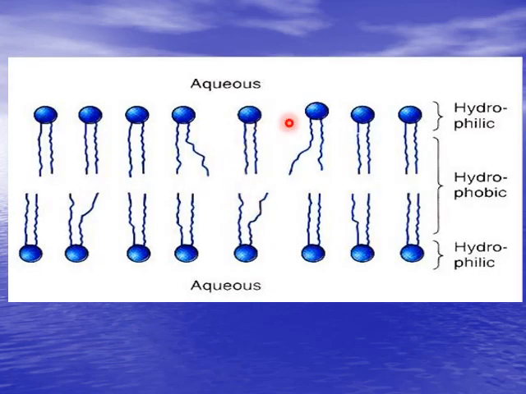This diagram shows the lipid bilayer membrane made up of amphipathic phospholipid molecules having hydrophilic head group consisting of the phosphate group and the alcohol part of the phospholipid, and two hydrophobic tails consisting of the two fatty acid chains of the phospholipid molecule. This bend or kink in the fatty acid chain is due to cis configuration of the unsaturated fatty acid. The hydrophilic head groups are oriented to the aqueous side and the hydrophobic tails are oriented to the inner core of the membrane.